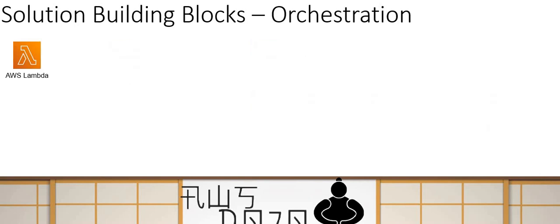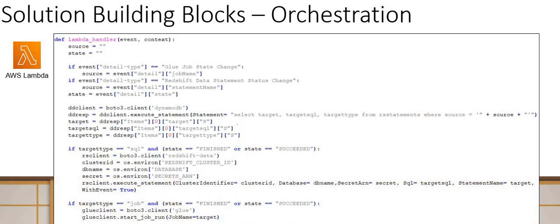So how does this Lambda function look? This Lambda function is pretty straightforward. It's a simple, single Lambda function which is taking care of the whole orchestration. So this is how the code of the Lambda function looks. You hook into two events. Your EventBridge has hooked into two events: your Glue job status change, your Redshift data statement status